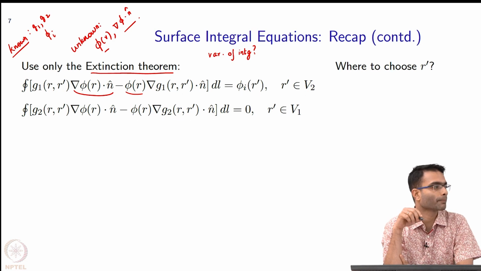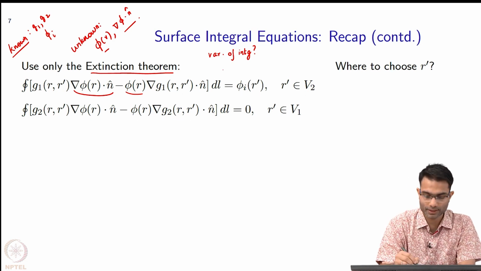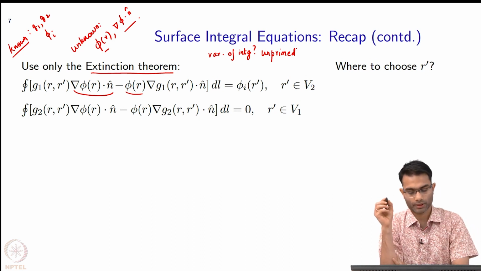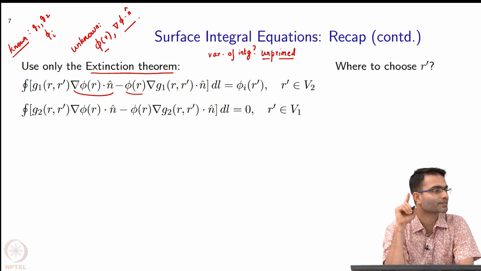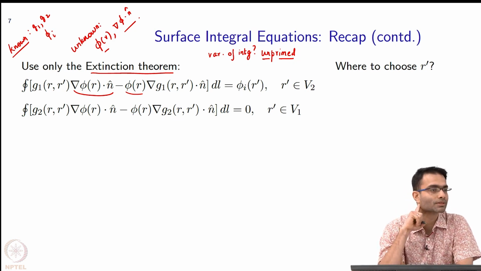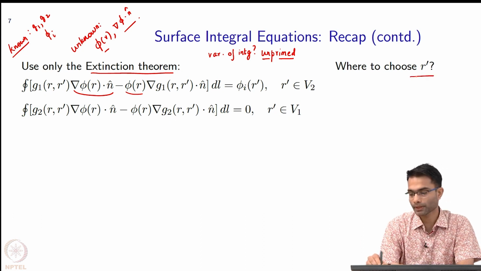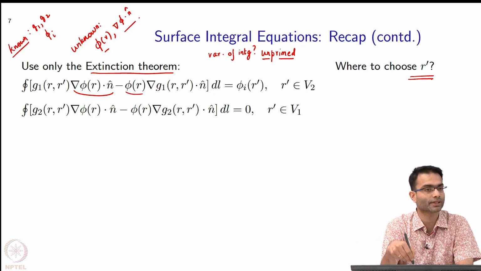Is it r or r prime? R, unprimed coordinates, right? That's indicated over here. So it's unprimed. Okay, that's important. So in this equation, there is one thing that has not yet been specified, and that is staring at us in the face, which is, I didn't say anything about r prime, right? So r prime, unless I specify r prime,